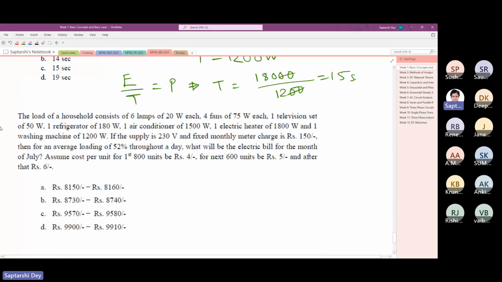This is a 10th standard question. You guys want to solve this? The load of a household consists of 6 lamps of 20 watt each, 4 fans of 75 watt each, a television set of 50 watt, a refrigerator of 180 watt, an air conditioner of this much, an electric heater this much, a washing machine this much. Supply is 230 volt. For an average loading